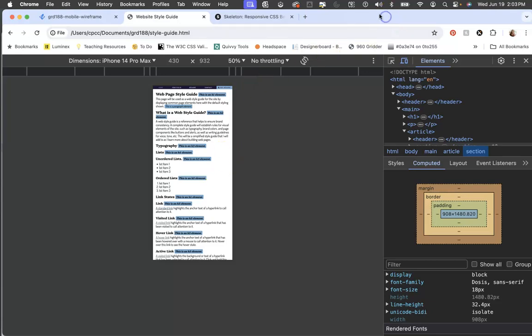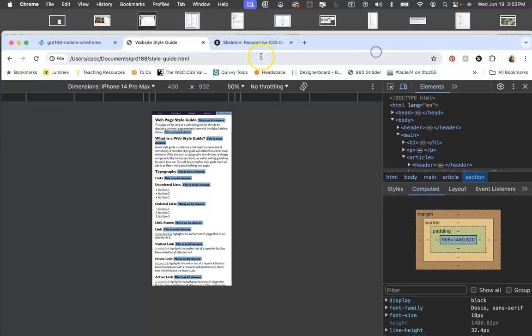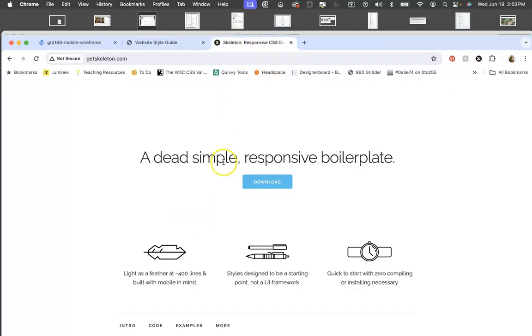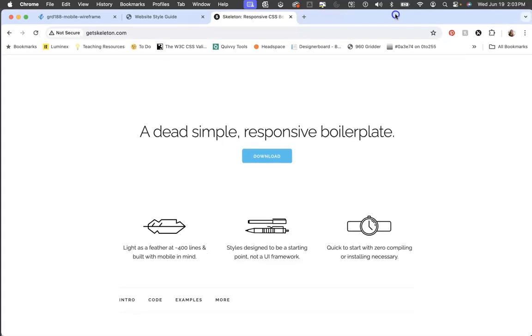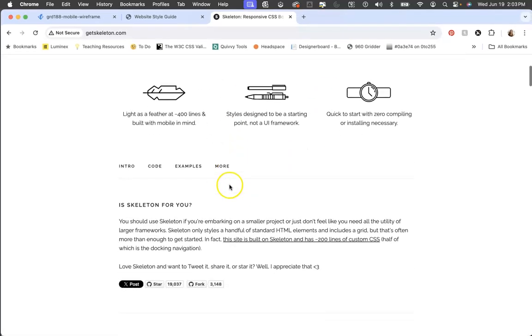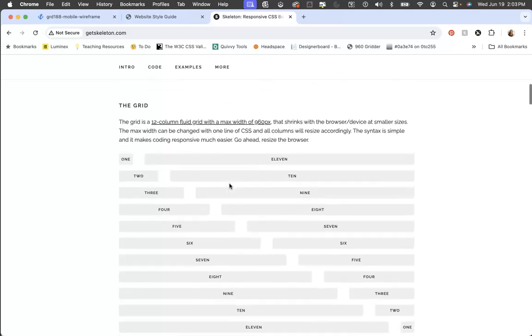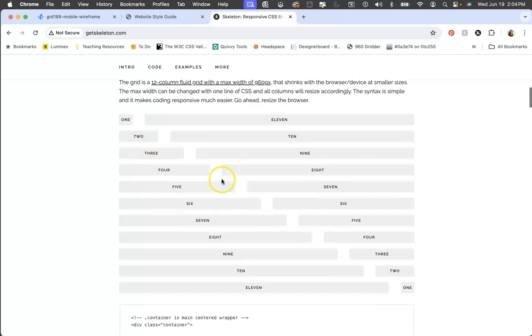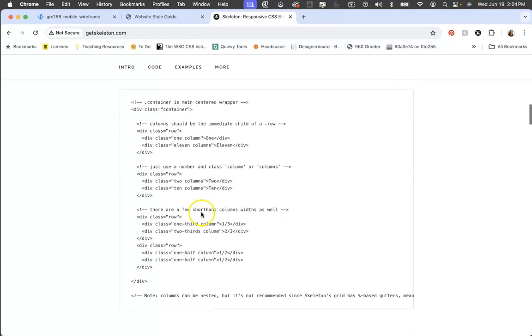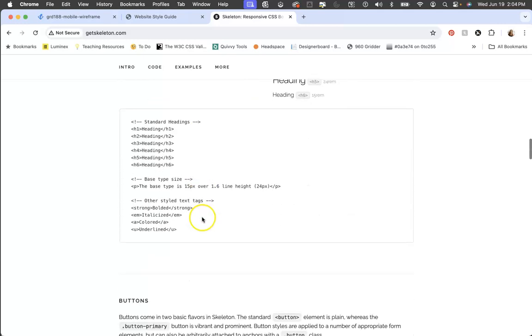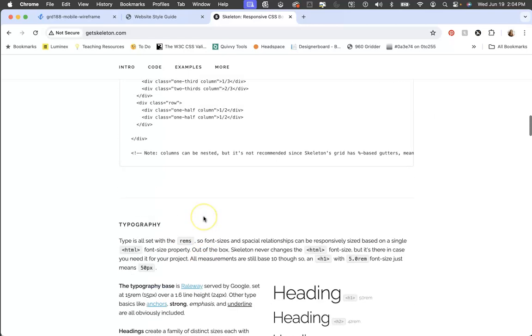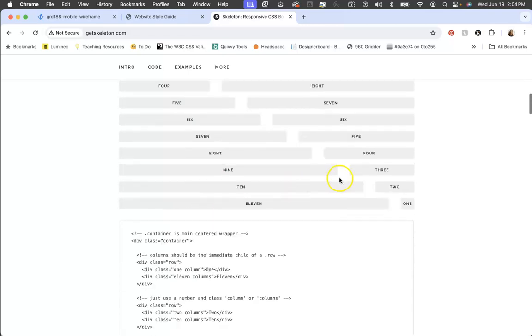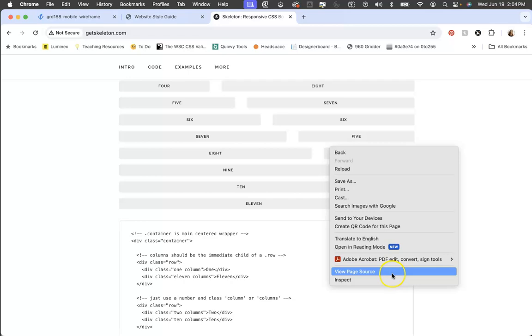And so what we're going to be doing is using a framework, a CSS framework, to help with that process. So we're going to be using Skeleton because it's a really simple CSS framework, and hopefully you've learned a little bit about that in the previous tutorials that you've been told to watch. And you know that it's basically just giving us a responsive grid. It gives us a 12-column grid that we can use, and we can span certain numbers of those columns to create different layouts. And then when we hit 550 pixels, everything is going to collapse down into a single column